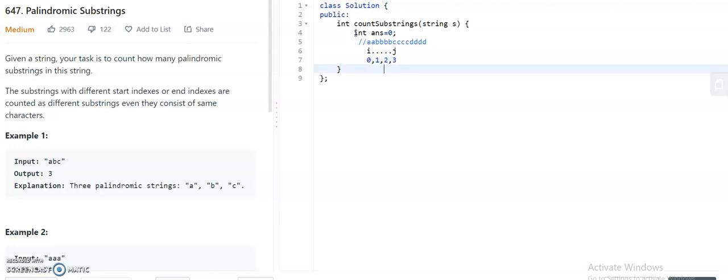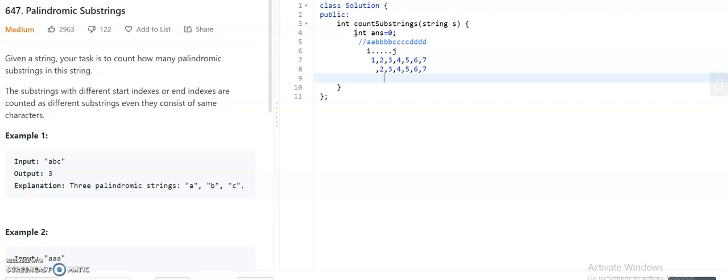When it comes to position 1, let us write that also. From position 1, I will see up to 2, up to 3, up to 4, up to 5, up to 6, and up to 7.